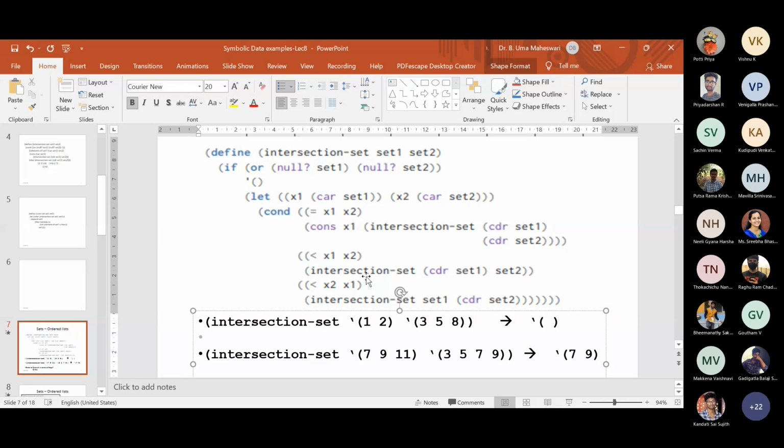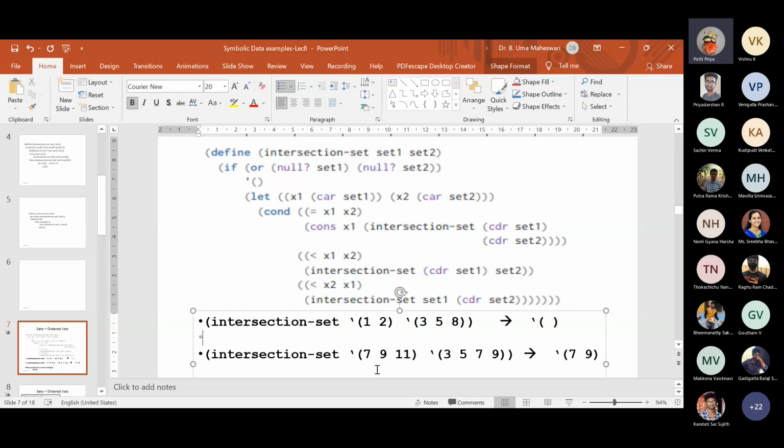What you need to do is call the intersection with set 1 and the CDR of set 2. You just justify why we are not using the CDR here. Because the elements can become equal, ma'am. Suppose 1, 2, and again 3 can come again, so that time 3 and 3 can match. And when they can match, yeah, that's why.